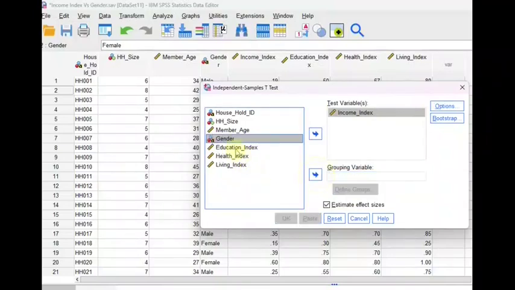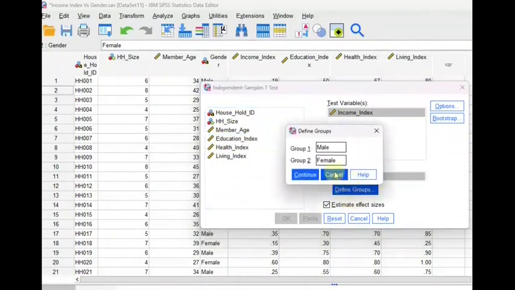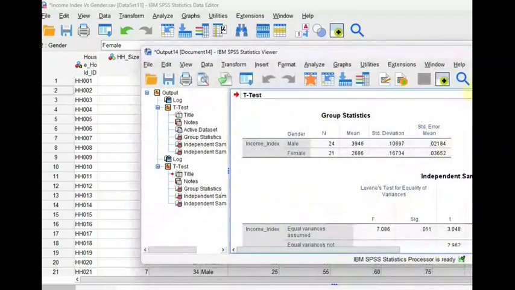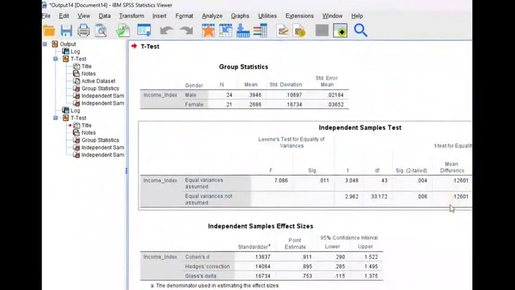and the factors, the variable we want to compare, the groups rather we want to compare. In this case, the variable we want to analyze is the index, and then the group we want to compare is the gender. Then you define it. If it is not defined, group 1 is male, group 2 is female. You click OK, and this is your